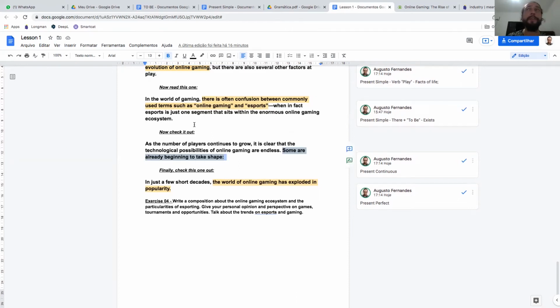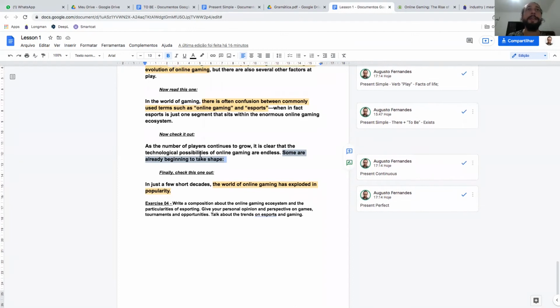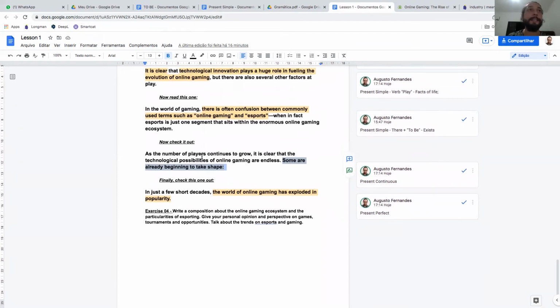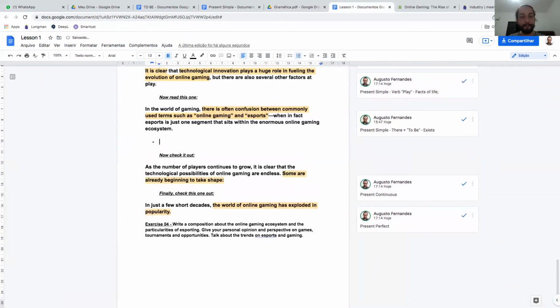You can study and analyze this part of the text. In here, there is often confusion between commonly used terms such as online gaming and esports, okay? So you have to study here. Study. There is and there are.